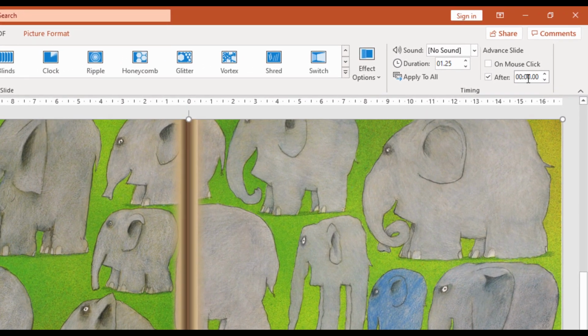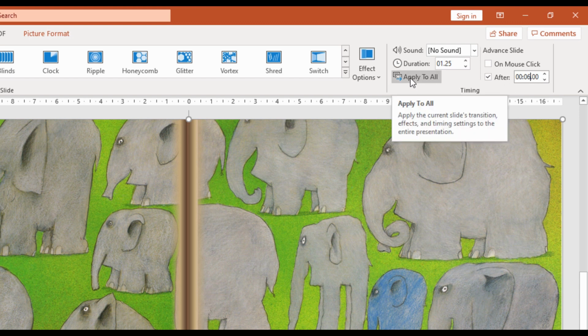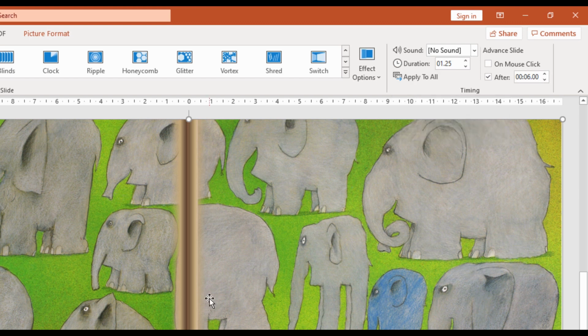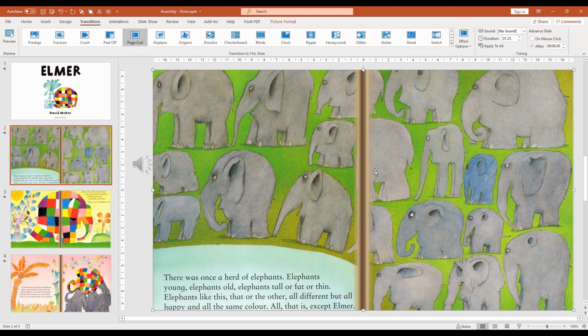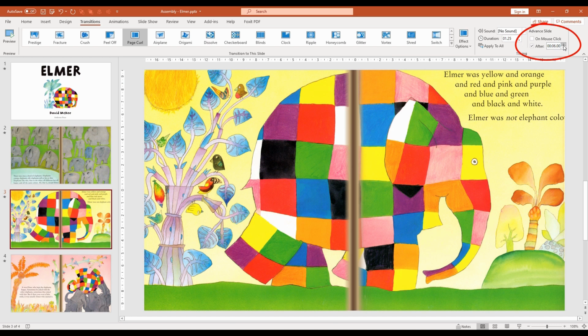So you can then put in a time in seconds. So if we change this, and we'll just make it 6 seconds, and then what we can do is we can apply that to all of the slides in our presentation. Then we can play our PowerPoint through and just make sure that those timings work. If there were some slides where there was a lot of talking and we needed more than 6 seconds, then what we could do is we could just go to that individual slide and we can just change the timing